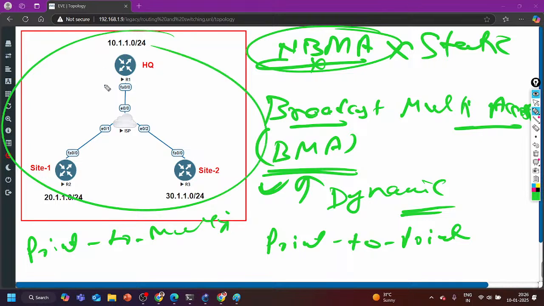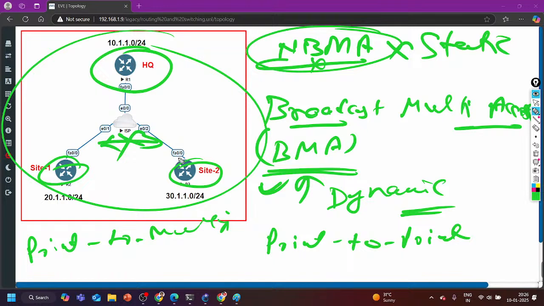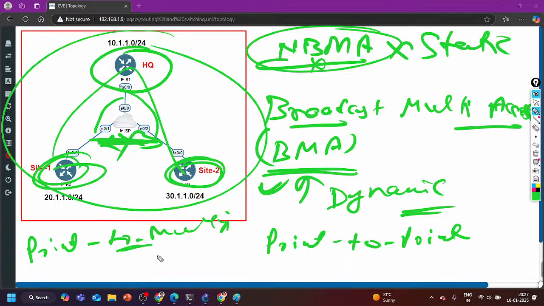Like this scenario, you can see here one point, this is hub, and we have multiple branches. All the branches are connected with hub router. Here I don't have any WAN circuit. I'm not paying any money to ISP for connection between spoke 1 and spoke 2, like site 1 and site 2. I'm paying for this connection and this connection. That's it. So how are these two sites going to communicate with each other? Through headquarter hub router. Right? So we have point to multi-point network type also, and in point to multi-point network type, you tell me,